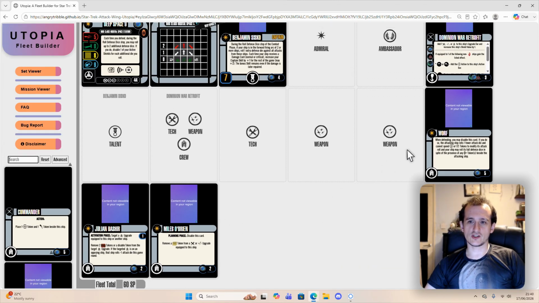So that's potential. Gives us options, because obviously if we're not defending for a round, or you know you're not going to have to defend again next round, you can re-enable O'Brien instead and get that bonus back. Or you can re-enable Worf. However,